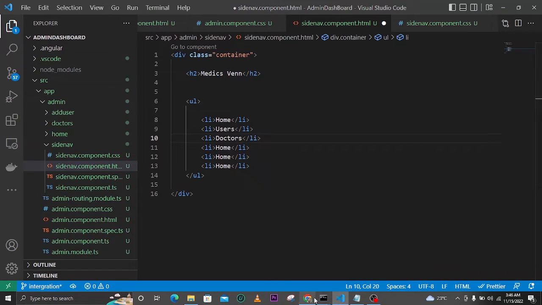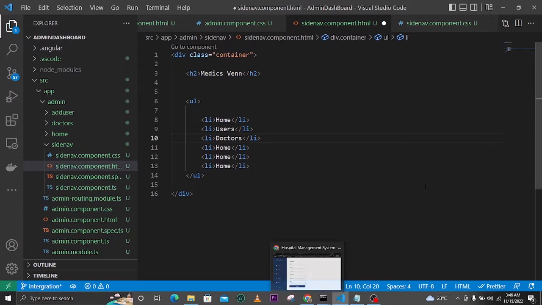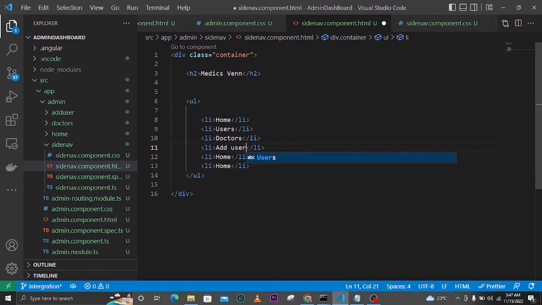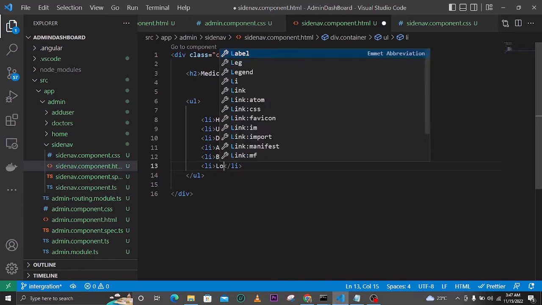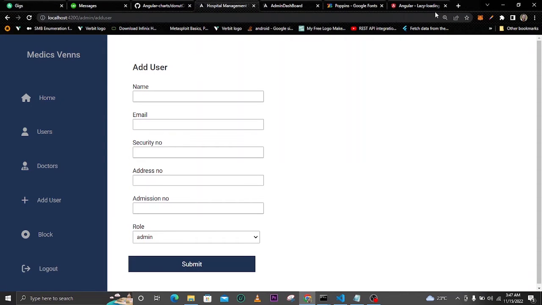Another thing that we need to add to our text is add user, block, and logout. So add user, block, and then we have logout. As simple as that. So now we need to have icons, and in our tutorial we will be using